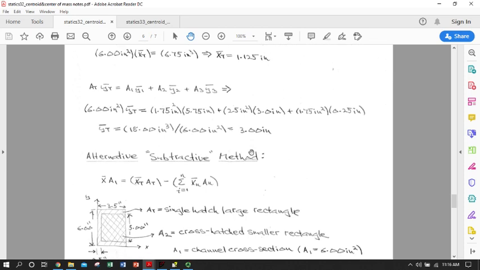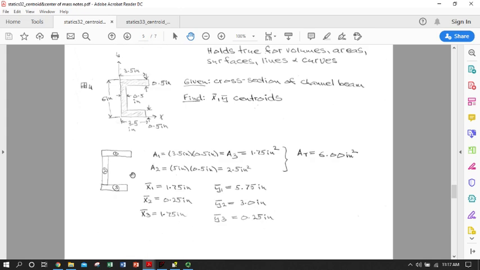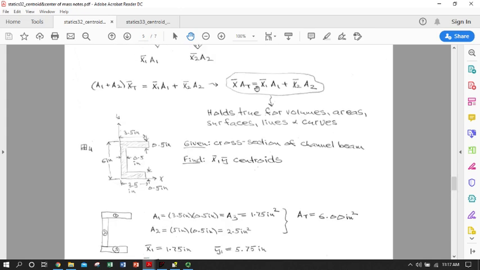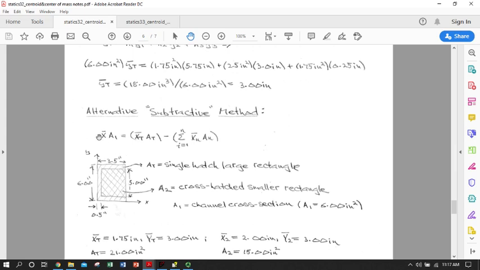Another powerful technique, which I kind of verbalized, is what we call the subtractive method. So we can basically use this same equation and say we can get any one of the parts by taking the whole, if it happens to be easier, and then subtracting. So an example of that would be to say I wanted the x centroid of, again, my channel. I could define a whole square,